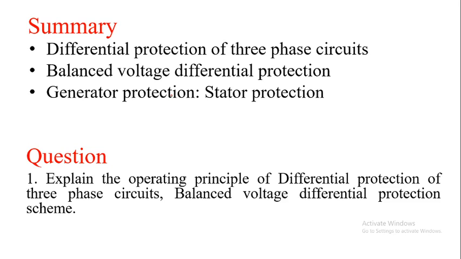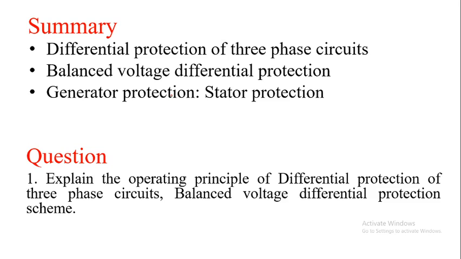And also we discussed the balanced voltage differential protection. Here the thing we need to concentrate on is that the pilot wires are interconnected, because of which under normal operating condition the two CTs carry the current in opposite directions, hence the voltage gets balanced. When the fault occurs, automatically the relays are going to be energized and give a tripping signal to the circuit breaker. The important thing we learned is the generator protection, the protection of the rotating machinery.